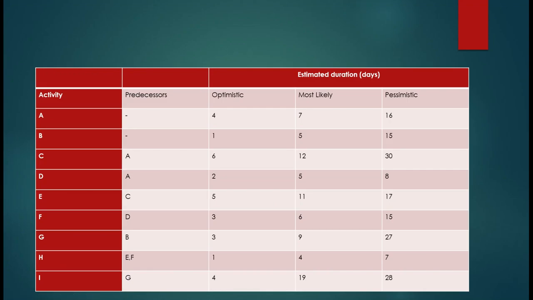Okay, so class, we are starting the next type of question in PERT and CPM. In this question, if you can see, we are given three types of times: optimistic time, most likely time, and pessimistic time. We have already discussed that there are three types of times, right? And with the help of these three times, we need to calculate average time. So let us first recall what the formula was to calculate average time from these three types of time: optimistic, most likely, and pessimistic time.